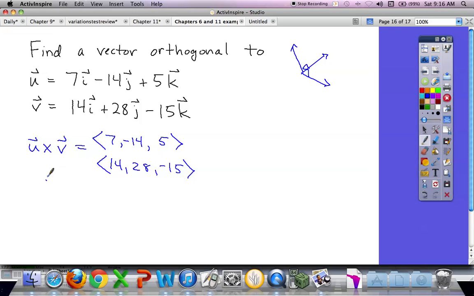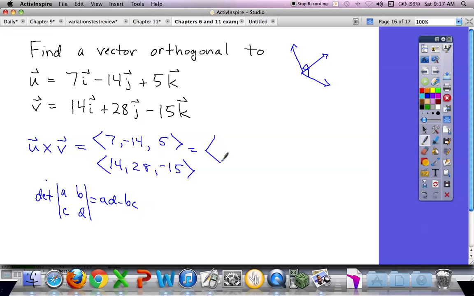So remember how we do cross product. A cross product, we're going to do something that we did with matrices, which is when you find the determinant of a 2 by 2 matrix, you do A times D minus B times C, right? It's along the diagonals. A times D minus B times C. Okay, well, we're going to be doing the same thing to find our component form of a cross product vector,